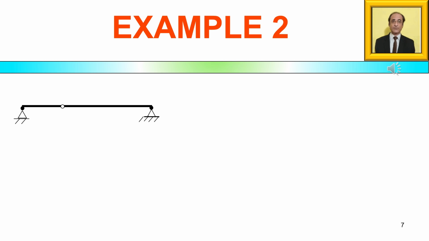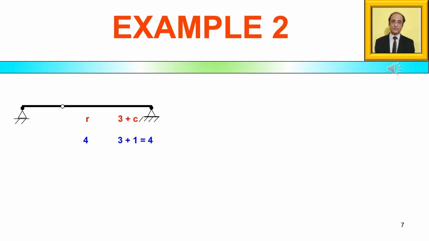Let us consider another example. So here we have a beam with pin supports at both ends, and it also has an internal hinge. Let's do here the computation of the key parameters, that is R on one hand and 3 plus C on the other. So here we have total of 4 reactions. So R is 4. The value of C, that is condition of construction, is 1 because it has one internal